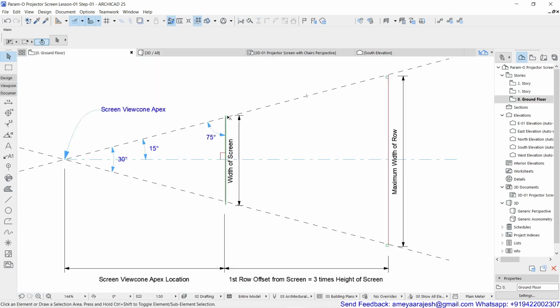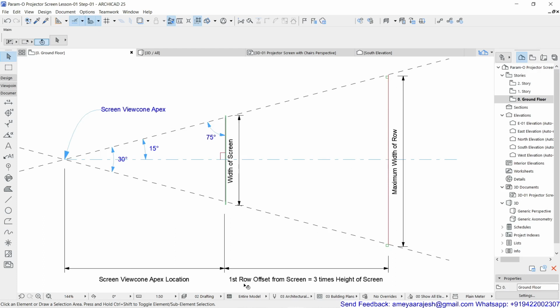Remember, we have already solved the problem of how the width and height of the screen should be calculated if you know the diagonal. Now, to place the first row of chairs with its maximum width, as per the technical recommendation, a 30-degree viewing cone angle is ideal for the maximum row width.